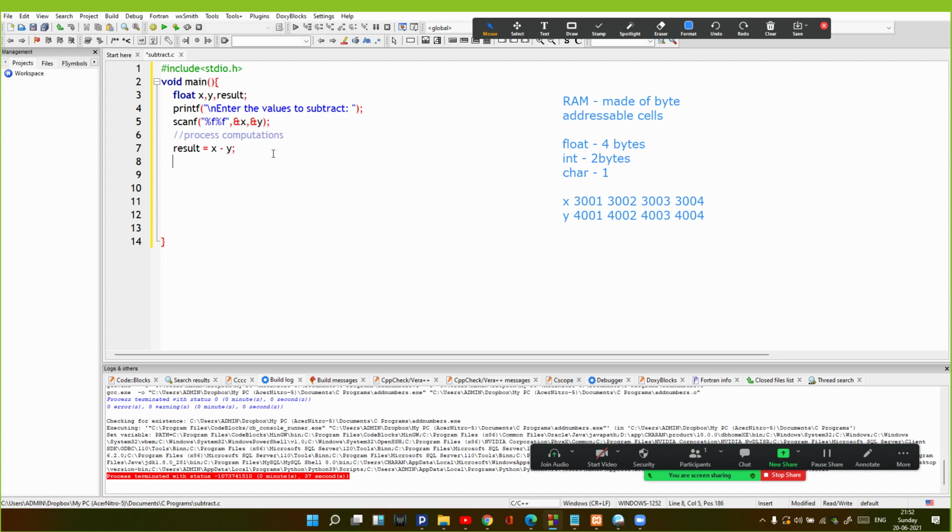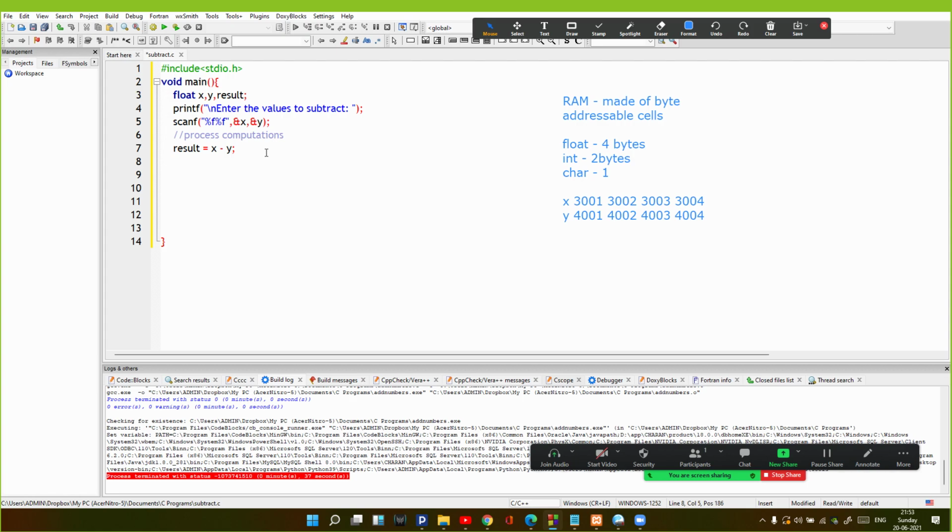So after writing this, this is the process or the computation part. If this is mathematics, then I can write this in this way also, but in computer it does not work this way. I cannot write the variable that will store the result on the right side. It will give an error of L value required. So it is important that you write the expression in this way, in which the input values are on the right side and the output or the returning value is on the left side. The result will store the result of the x and y subtraction, so it should be on the left side of the expression. So our expression is complete.